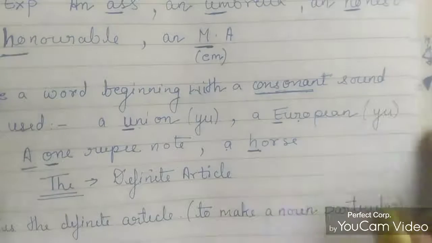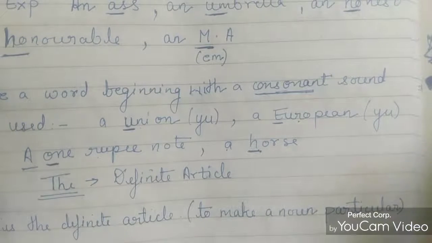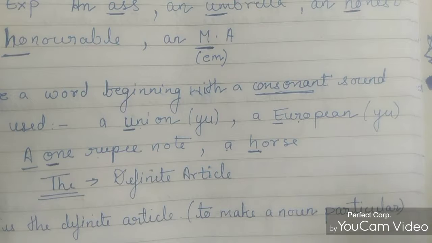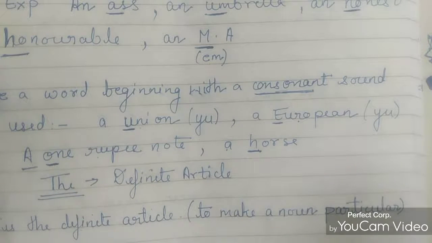So basically, for using a or an, first you have to put a or an before a singular countable noun, and for the choice between a and an, you have to pronounce the word. If the vowel sound is coming, then you have to put an, and if the consonant sound is coming, then you have to put a. Do not go for the letters a, e, i, o, u. I am saying you have to go for the sound. If the sound is vowel, then an. If the sound is consonant, then a.